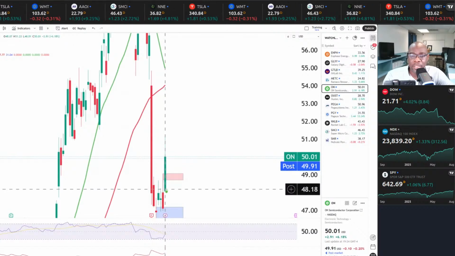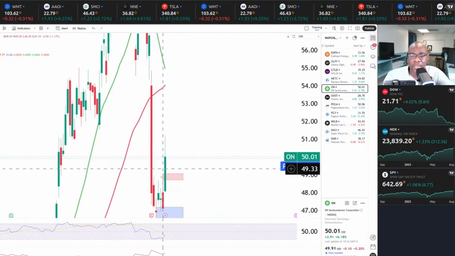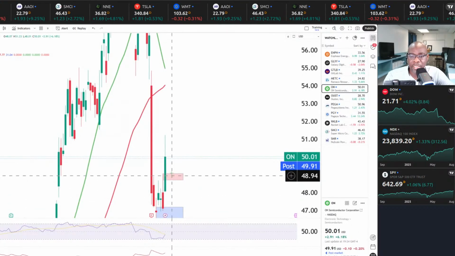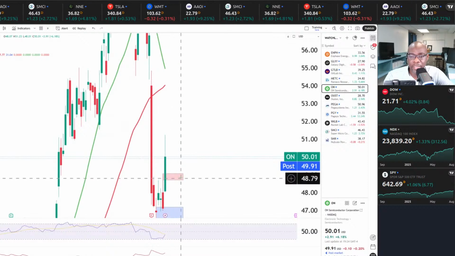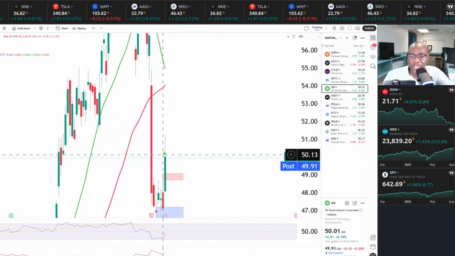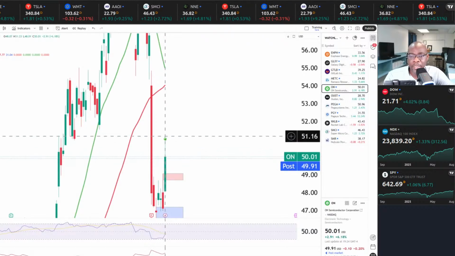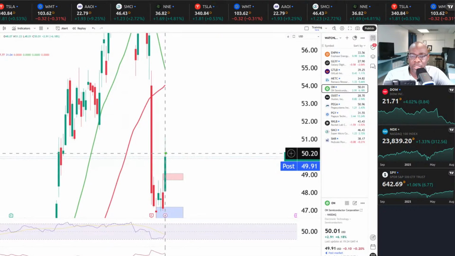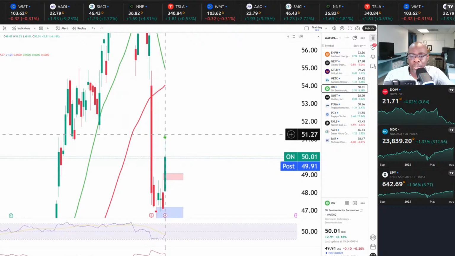So when I see this pullback here where the stock price actually broke through that area of resistance that we were looking at on our 15-minute time chart, that red and blue zone that I have here, I know that this is a correction. This is a temporary pullback, right? So what's going to happen is the stock's going to go up a little bit here, and probably,